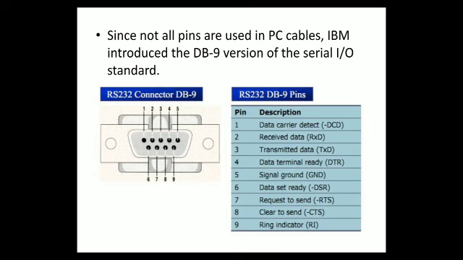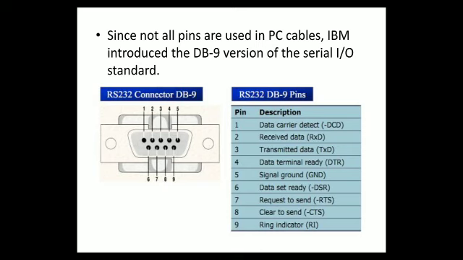Pin number 3 is purely meant for transmitting the data. So if pin number 2 and 3 get damaged, you cannot send or receive data. Therefore, we used to tell you in the lab, please be careful with the pin connections, please don't break them. This was the reason we told you not to break the pins, because each pin has its own significance. The next one, pin number 4, is called data terminal ready, stands for DTR.